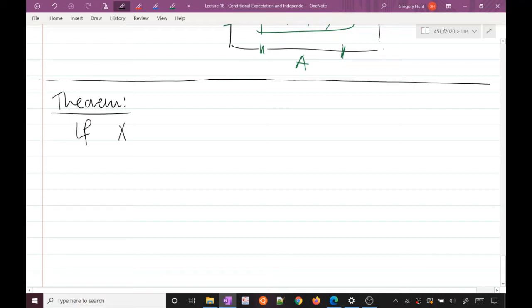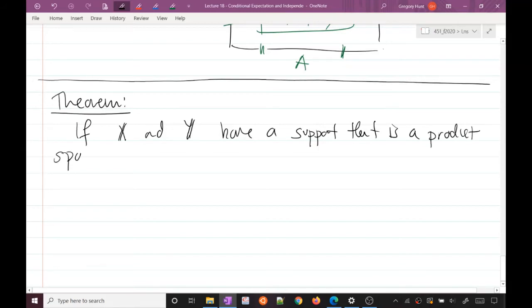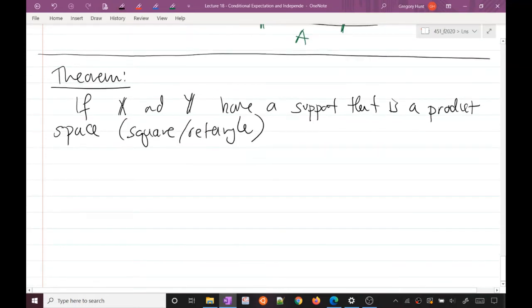If x and y have a support that is a product space, that is square or rectangle, then x is independent of y if and only if